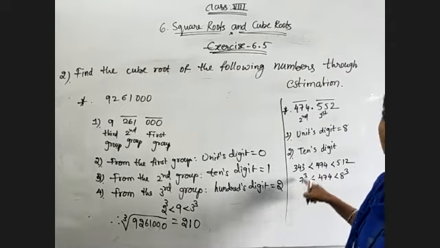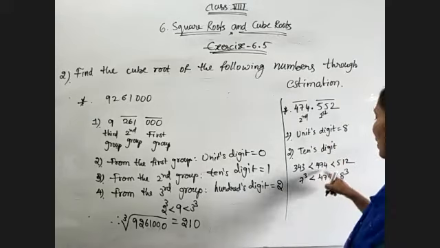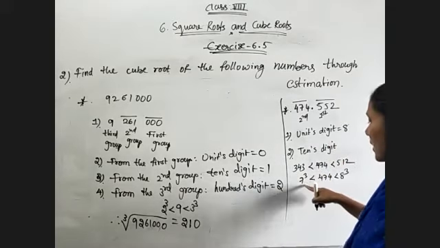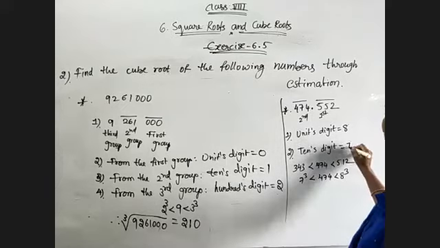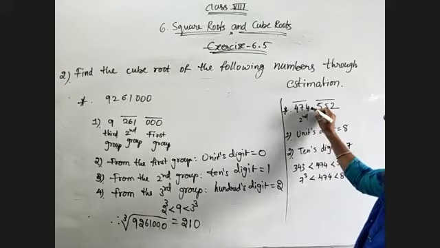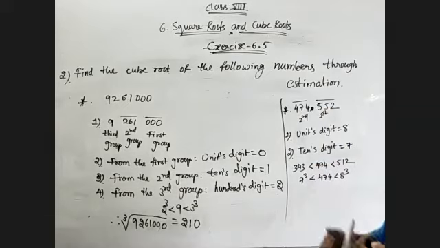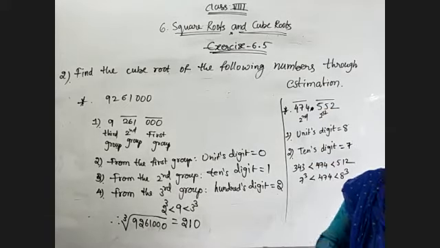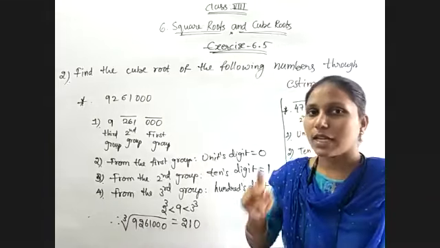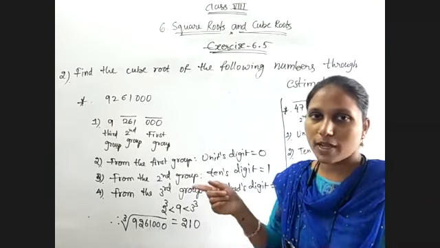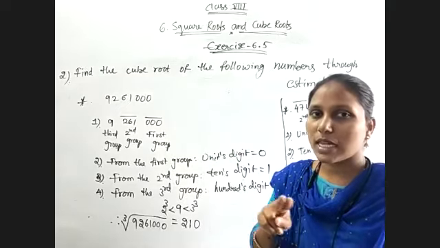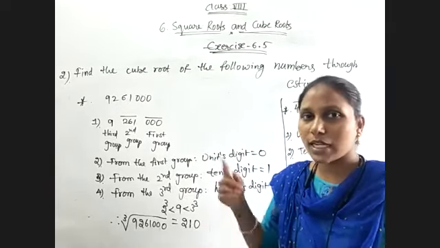We must select lesser or equal. Equal we are not getting, lesser value is there. So that is the cube value of 7. So 10th digit we will get as 7. But observe here, decimal digit is there. In square roots, if 4 decimal digits are there, we are taking half. Means 2 decimal digits we are taking in its square root. When 2 decimal digits are there, 1 decimal digit we are taking in square root.